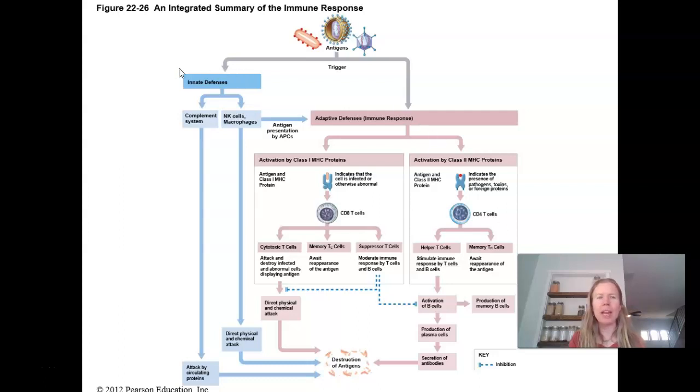Okay, so in the last video we talked about these innate defenses, and now we are switching gears and moving over to the adaptive or specific defenses, right? And this is where true immunity comes into play. So this section I would say is complicated, but hopefully we can lay it out in a way